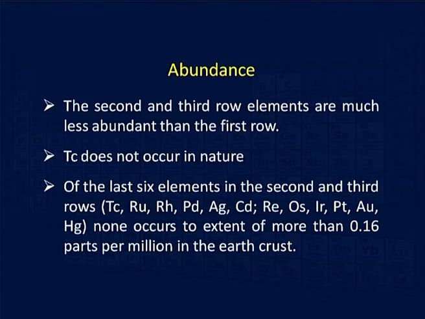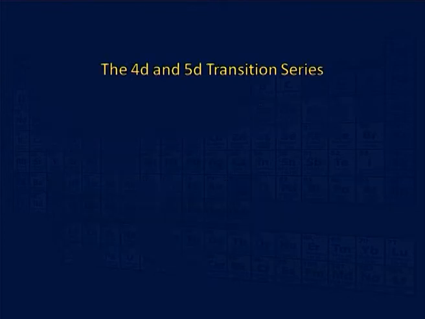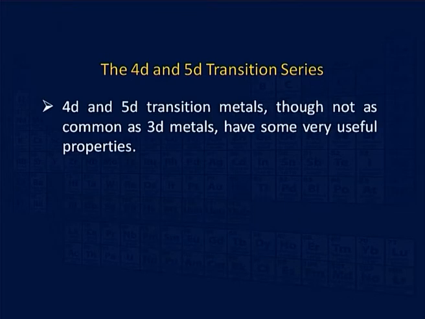Of the last 6 elements in the second and third rows, that is to say technetium, ruthenium, rhodium, palladium, silver, cadmium, rhenium, osmium, iridium, platinum, and gold and mercury, none occurs to an extent of more than 0.16 parts per million in the earth's crust. So, if the abundance of these metal ions in the earth's crust is very less, does